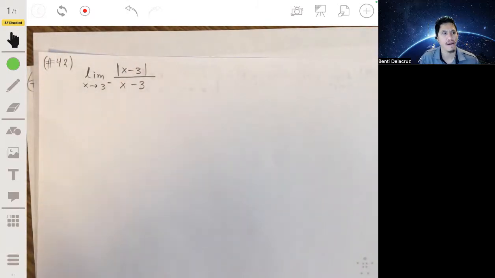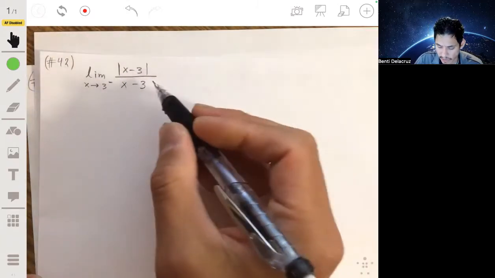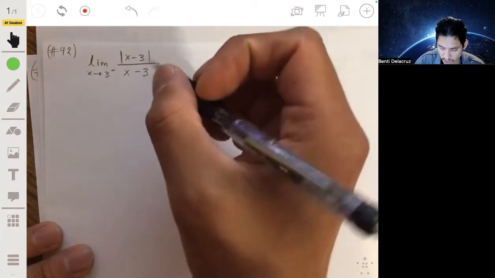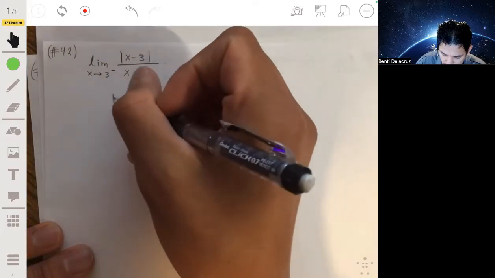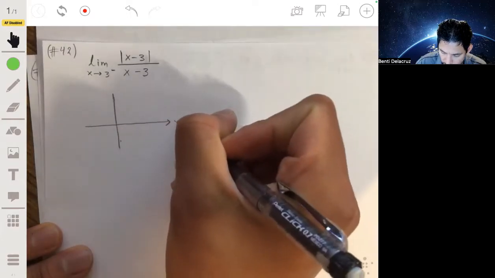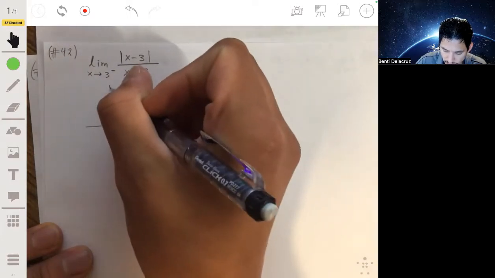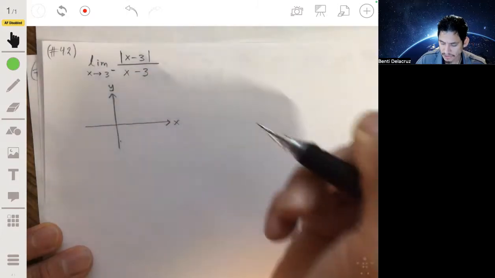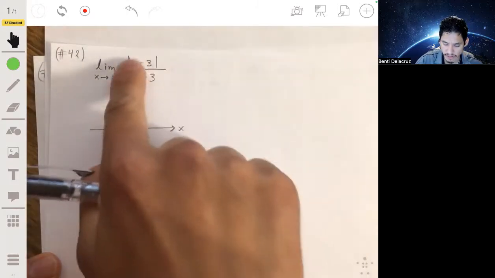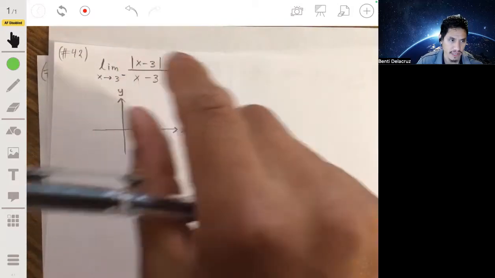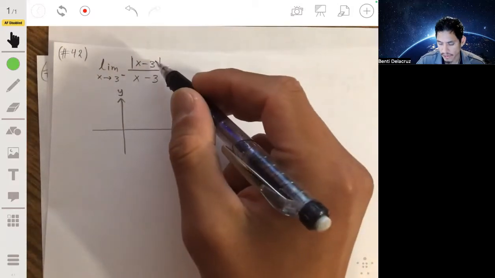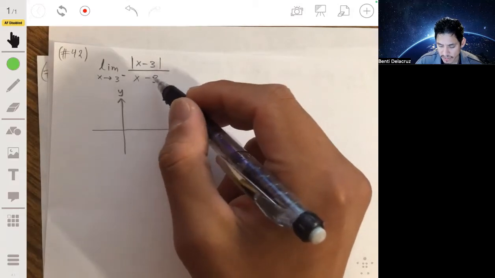One way I would advise is to make sure you become very comfortable with what these absolute value graphs look like, because there's usually going to be 1 or 2 on your AP exam. You don't want them to sneak up on you. So whenever it's in a form like the absolute value of x minus 1 over x minus 1, or the absolute value of x minus 5 over x minus 5,